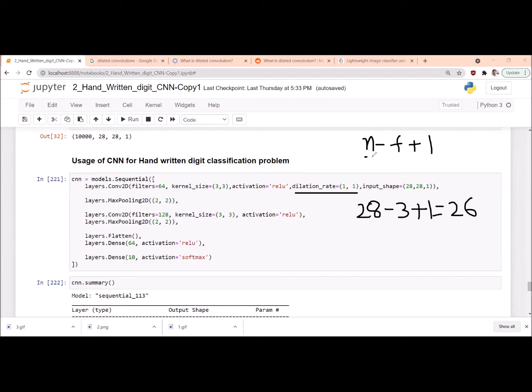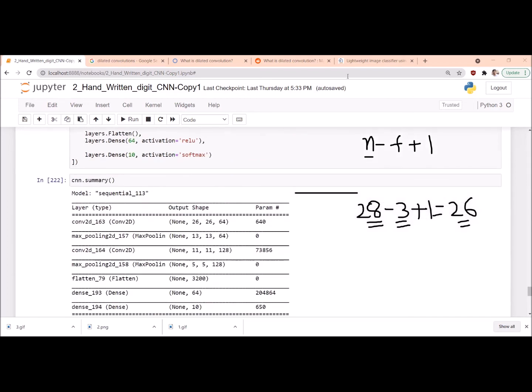As we already discussed, in order to get the output matrix size of the feature map, we are taking this formula. I am not including the padding, so it is valid padding or no padding, and for stride we are using only 1. So we are not going for the strided convolution. The input image size is 28 and the kernel size is 3. The final output feature matrix size is 26 by 26. We can observe that.